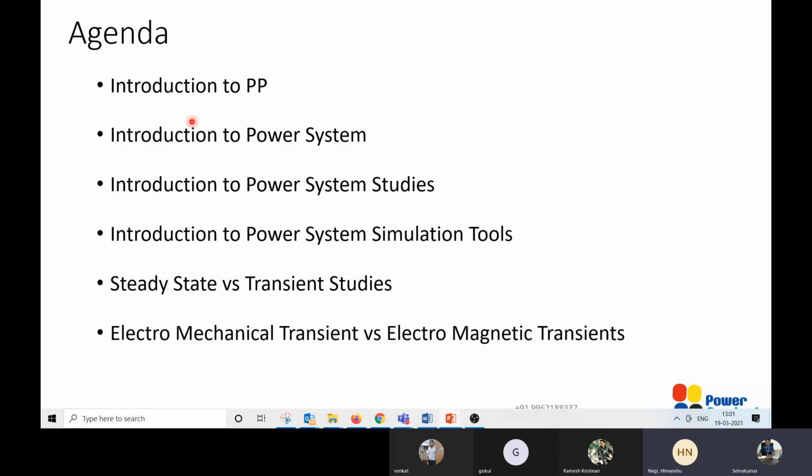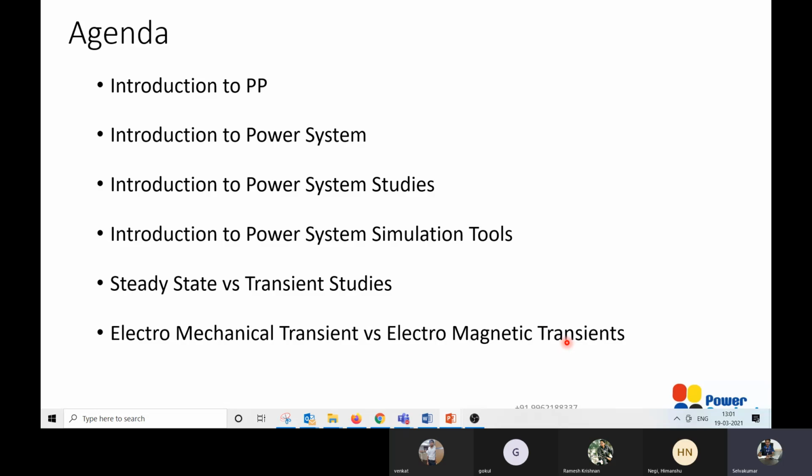Today is a short session. We have planned for 2 hours, but already 30 minutes are gone, so it's 90 minutes. We will try to cover the basics of power systems, basics of power system studies, and power system simulation tools. We will discuss steady state versus transient studies, and also deal with electromechanical transients and electromagnetic transients.